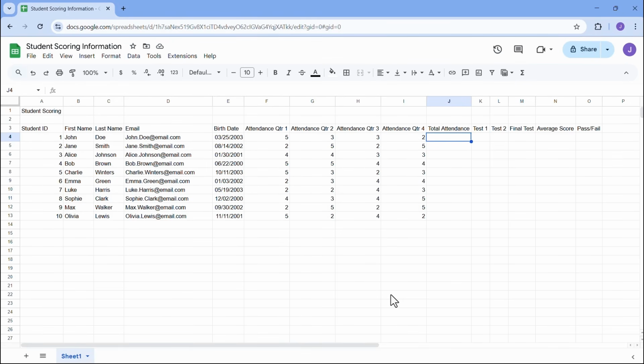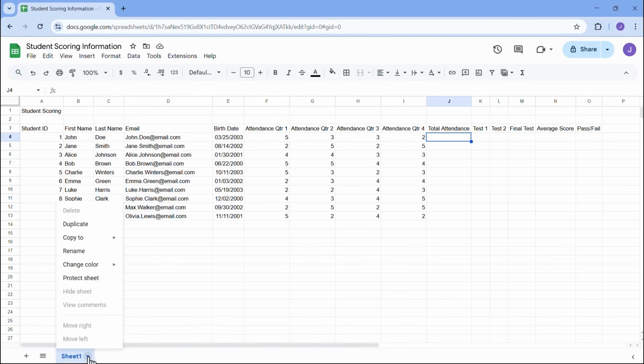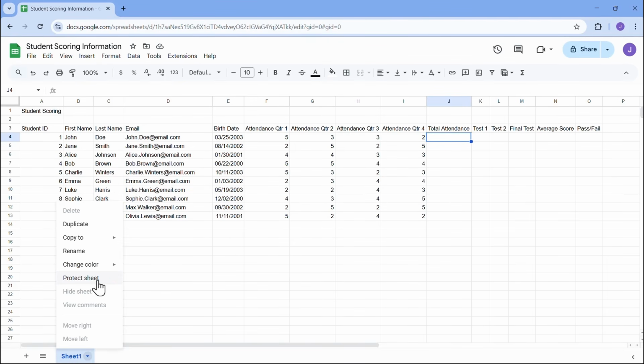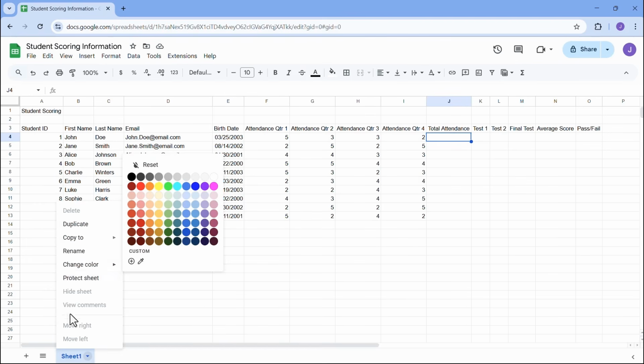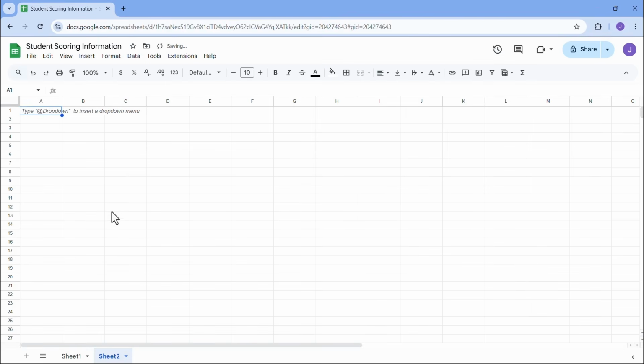So this part's really for you to just sit back, relax for a moment. I'm going to actually add a worksheet. So you'll see we do have a Sheet1, and you're always more than welcome to click on that little drop down if you want to rename the sheet, if you want to change the color of the sheet, or protect it or duplicate it. But I'm just going to click the little plus icon, add another sheet here, just so I can showcase the difference between calculations,